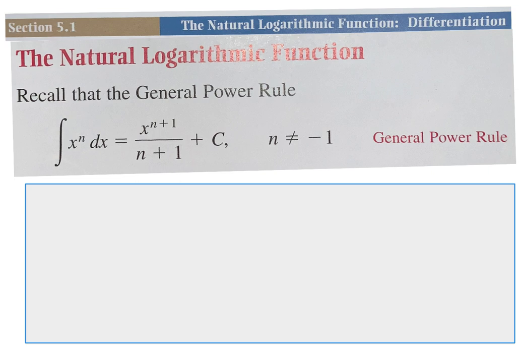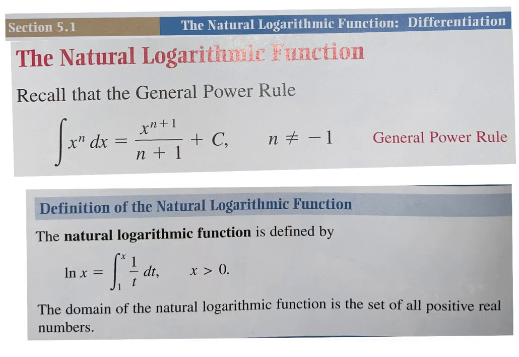And so if you look right below that, you will see how the natural log function helps us here. The natural log of x is defined this way. It equals the integration from 1 to x of 1 over t dt. What does that mean? Well, it means that the antiderivative of something to the -1 power is the natural log of that thing, okay? And so if I have 1 over x and I need to take the antiderivative, I cannot use the power rule because that causes a problem. What I can use is the definition of natural log. So if I am trying to do this right here, that is the same thing as this,